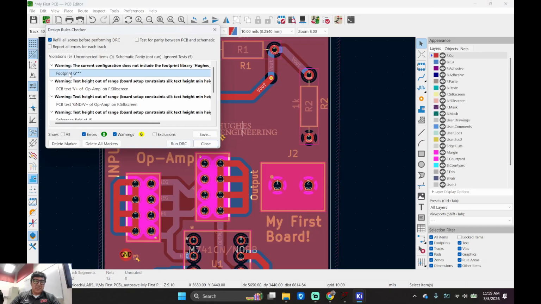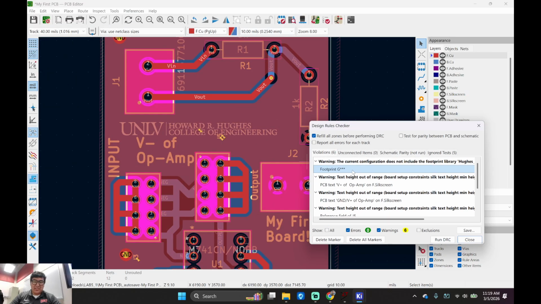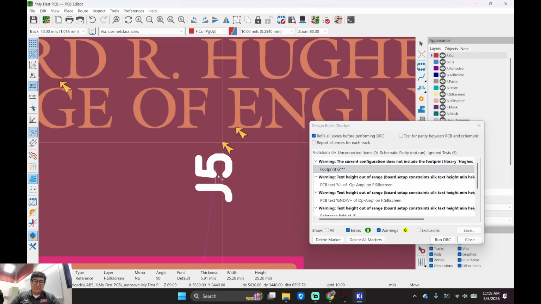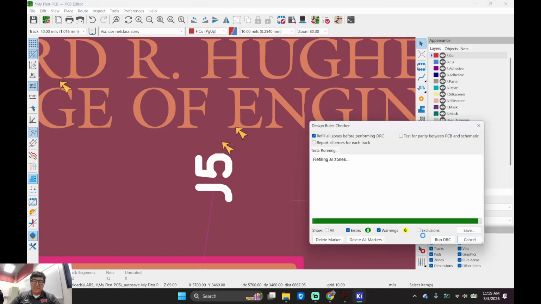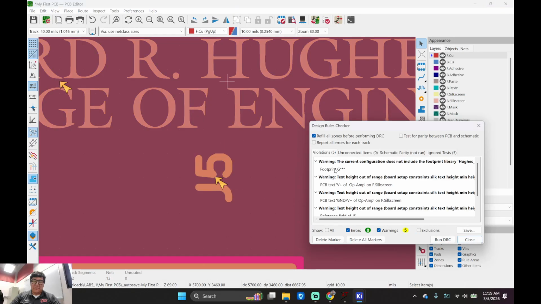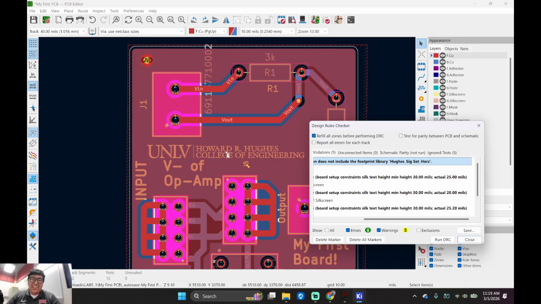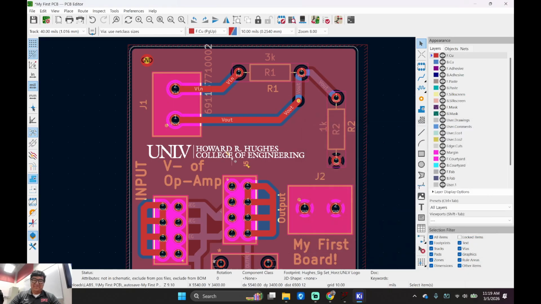6 errors. Footprint G. Where's footprint G? Oh. You see this J5 right here? Move it down. Run it again. See, look, now we have 5. Where is G? Wait, the current configuration does not include... Are you kidding me? It doesn't even like the logo. It says, hey, we hate the UNLV logo.